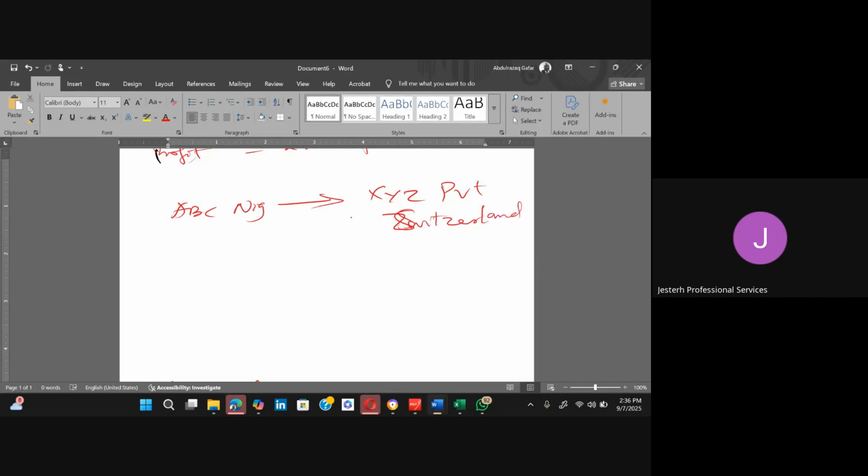So XYZ gave a loan of, let's say, $2 million to ABC Nigeria. ABC Nigeria is also expected to pay interest on the loan to XYZ PVT. Now, what the law is saying here is that whatever interest expense you are paying to XYZ, because you are a subsidiary, should not be more than 30% of your EBT, which is earnings